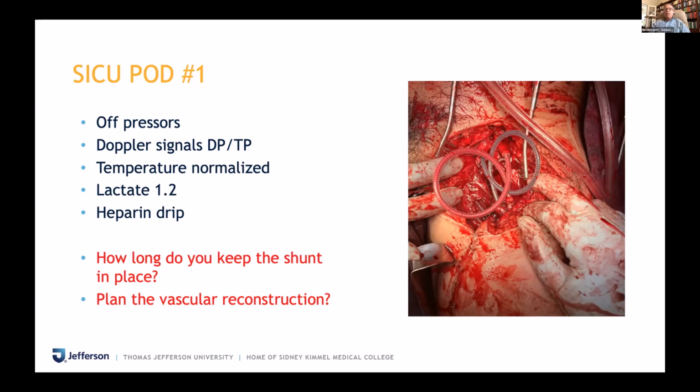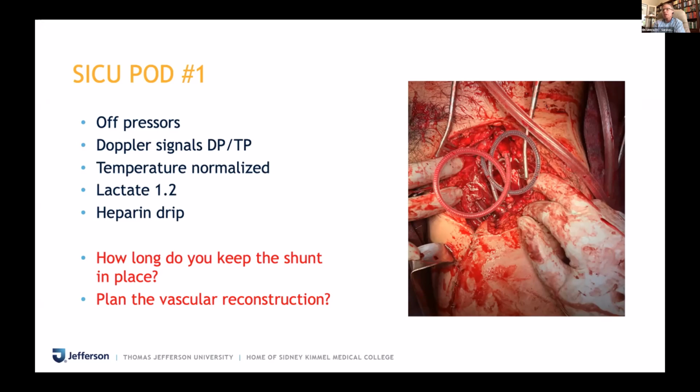Well, he can go back any time, up to the vascular surgeons, but the physiological insult has normalized, so you can take him back. You can't leave the shunt in indefinitely, but certainly 24 to 48 hours, but not much more than that. So I would plan to go back the same day and revascularize, up to the vascular surgeons, but